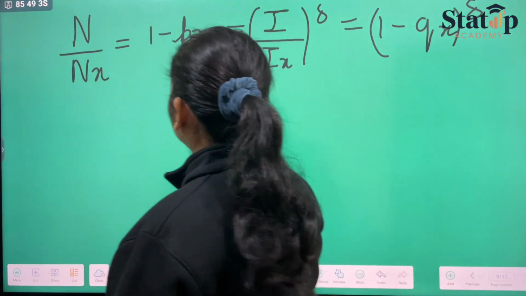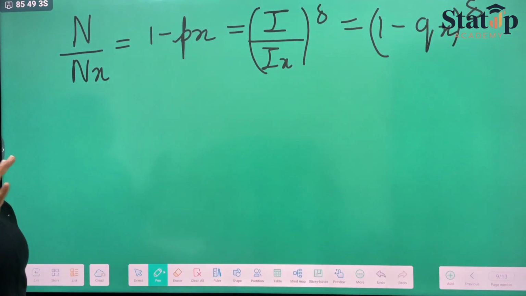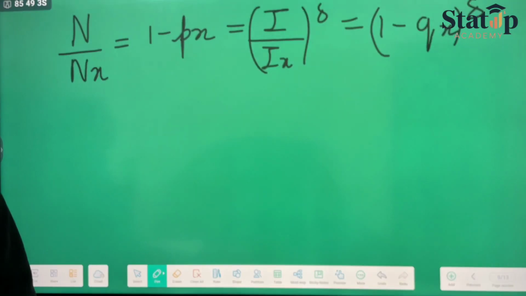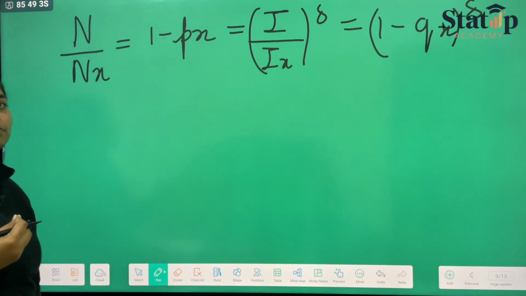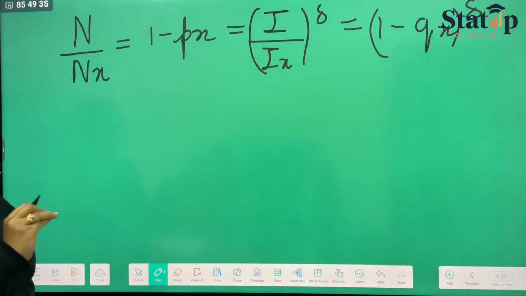And from this equation, if we take out the relationship between 1 minus qx and qx and px, which are the income of people having income less than or equal to x, and the number of people having income less than or equal to x,